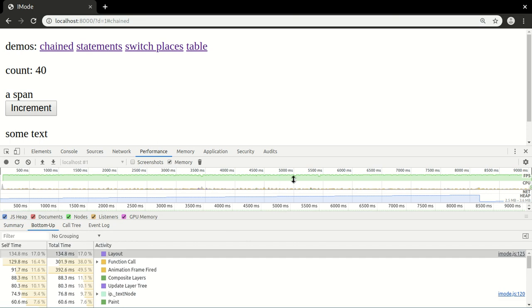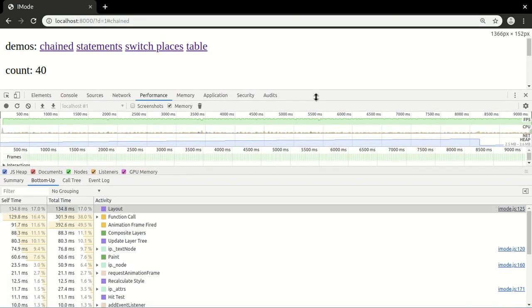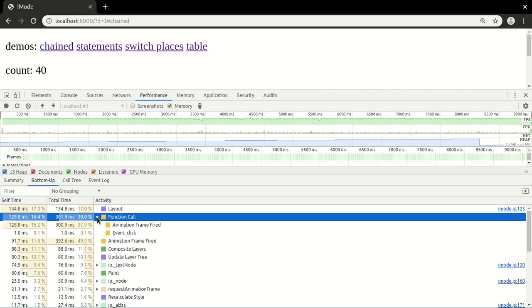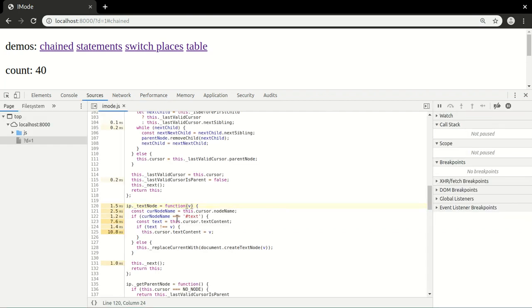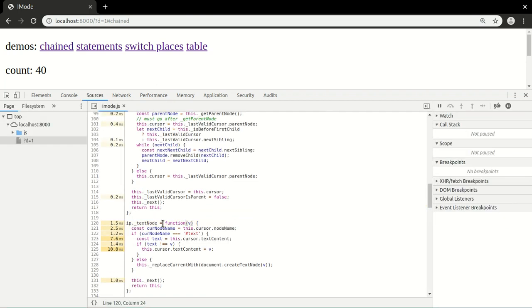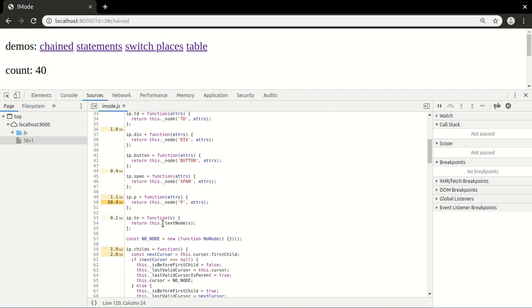If you see the bottom-up performance, which functions were called the most, most of them are internal to the browser. Layout, function call, request animation frame, and the click, and animation frame, layer, composite layers, update tree. And if you see here, this is really interesting. The first function that appears from my code is immediate mode, and the slowest part of the whole code, if you see on the left what it took,